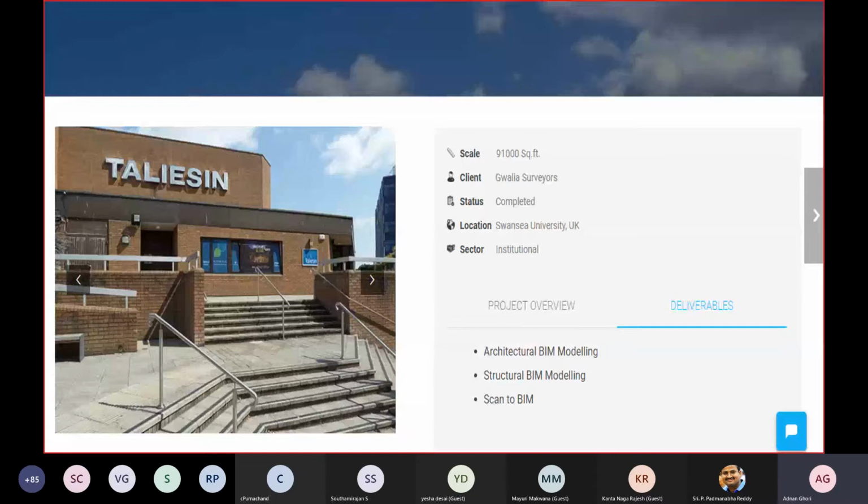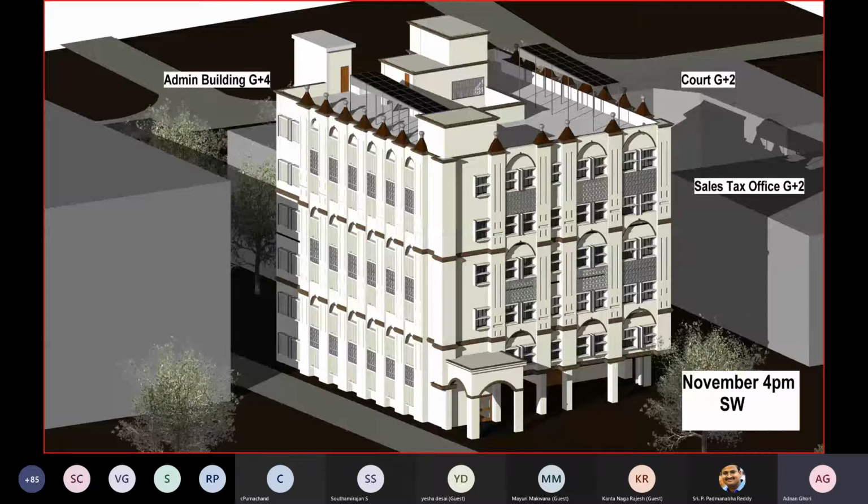In Gondia, we did this project for analyzing a sun path. It's actually a green building project where we are analyzing how we should keep the orientation of a building, or how we should keep the orientation of doors and windows in such a way that you have maximum sunlight in winter and maximum shadow in summer. I hope you all got my point. Maximum sunlight in winter and maximum shadow in summer.